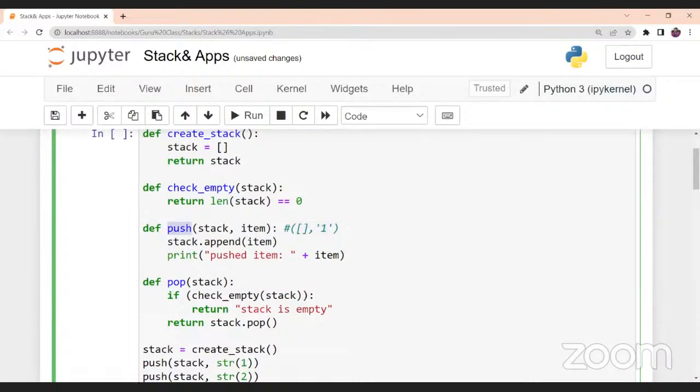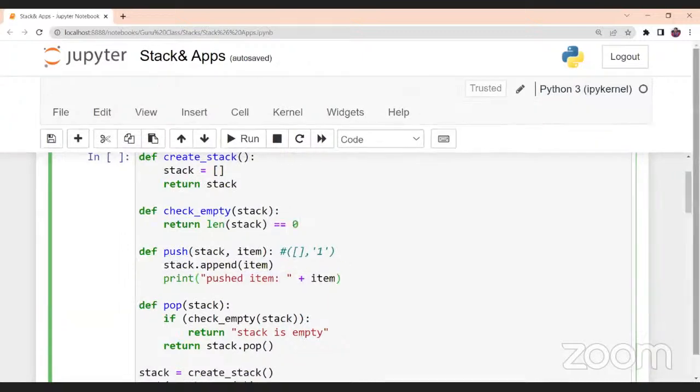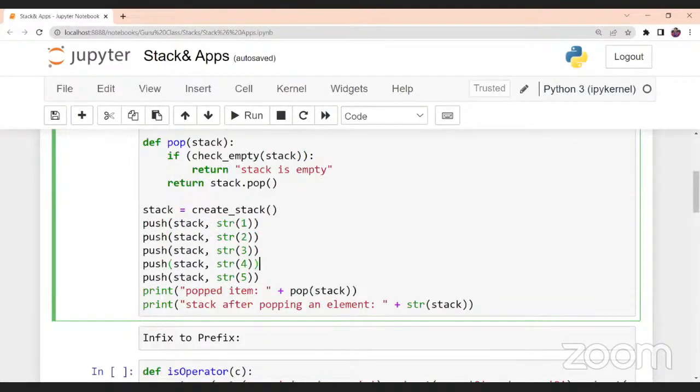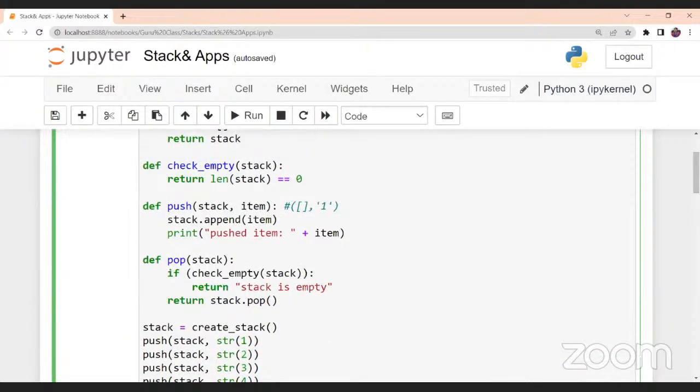And after that, inside that stack you want to add the item, right? So stack.append of that item. The pushed item will be printed here. This is for your understanding, I just gave it like this. See here, and after that, the same operation will work up to the string 5. Okay, so at the string 5, what will the output be inside this stack?